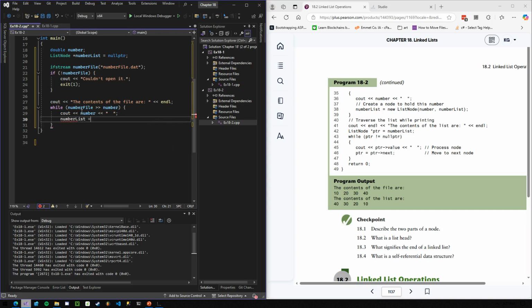So number list equals new list node, passing in number and the head. So number list. And now we can traverse. So here we're printing out the contents of the file while we're building up our linked list. Next, we're going to cout endl. We're going to cout the contents of the list. So not the contents of the file, but the contents of the linked list, which contains data from the external file. So the contents of the list are